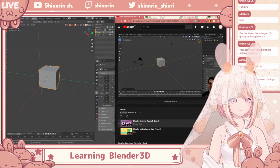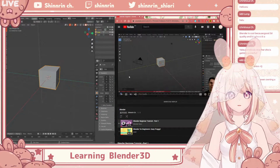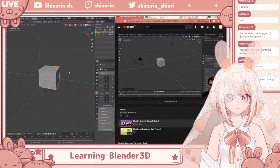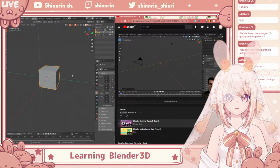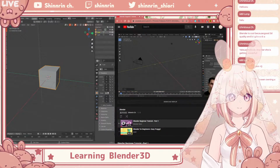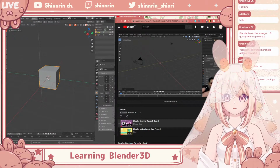Cool. Moving around, like navigating within this space here, because we're just looking at it from this view. But let's say this cube was all the way off screen. Where's it gone? How are we going to see the cube? So if you use the middle mouse button, which is again the scroll wheel, if you push that in,